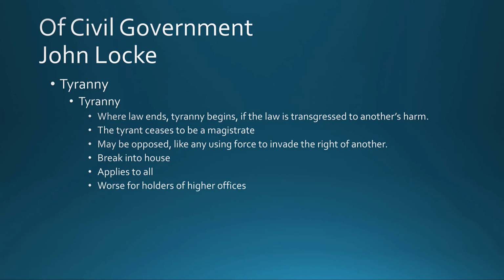So, essentially transgressing the laws on the part of a person in the government, that would be tyranny. He believes that if a tyrant engages in tyrannical behavior, and again, his view of tyranny would be behaviors that are generally allowed and accepted and expected among politicians today, enriching themselves, using their offices to advance their own interests, getting revenge on their political opponents, that type of stuff. And Locke thinks that that sort of behavior would justify opposing them, because they're using their force to invade the rights of others, and so they can be opposed.